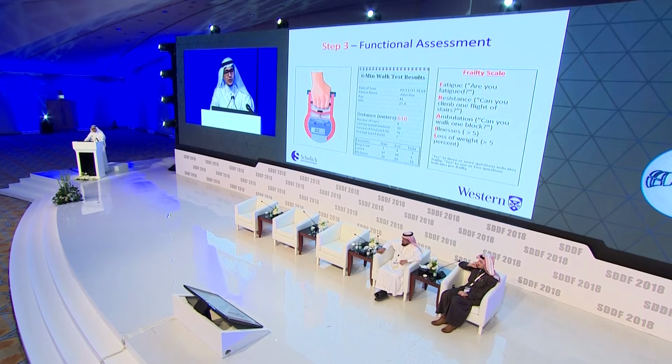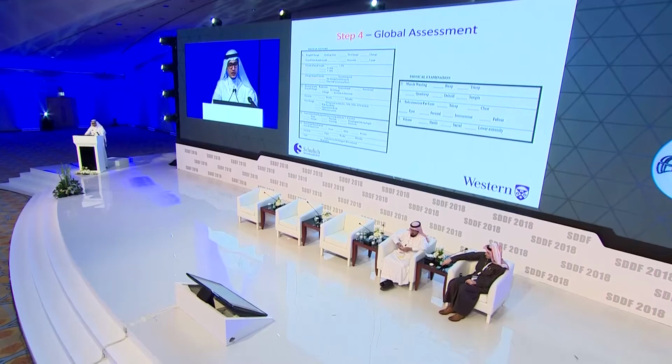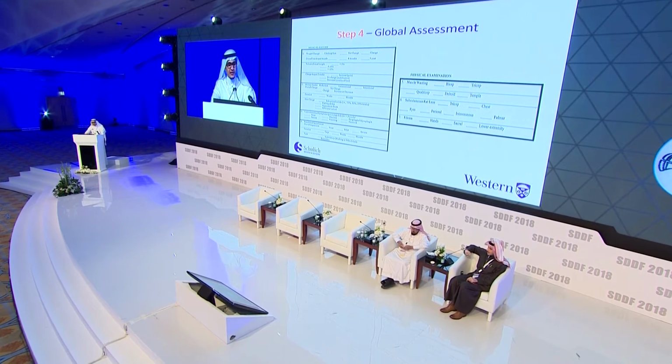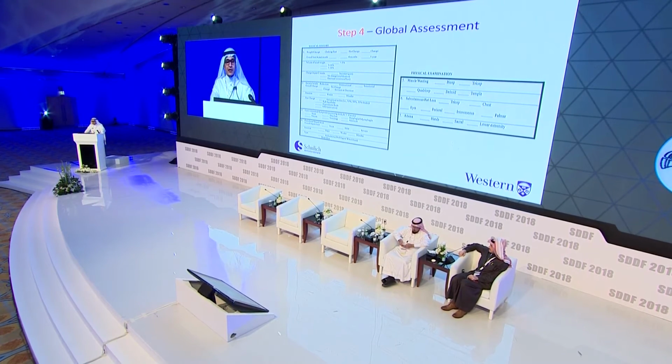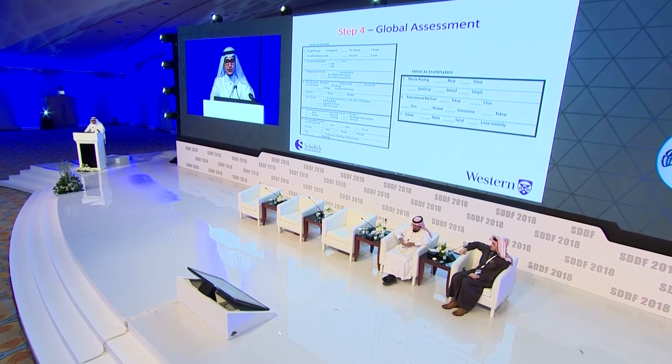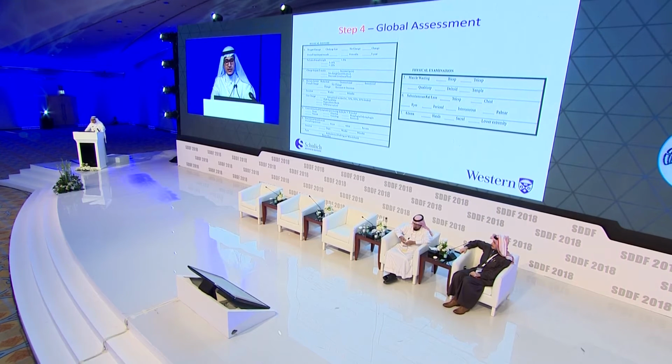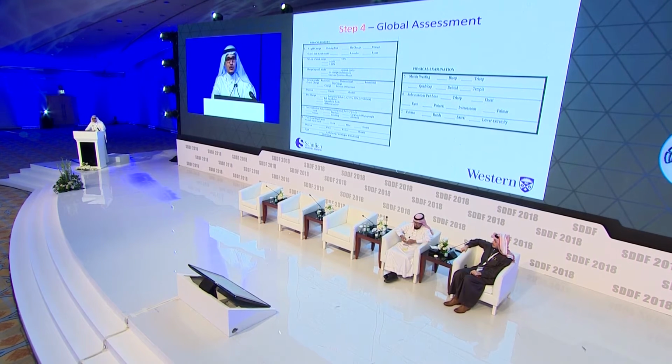Finally, you need to sum all that together in a global assessment. And global assessment has two parts, the medical history and the physical examination. Medical history has several factors, including weight, dietary intake, GI symptoms, and functional impairment. Then you move to the physical examination part, which has the muscle wasting assessment, subcutaneous fat, and also presence or